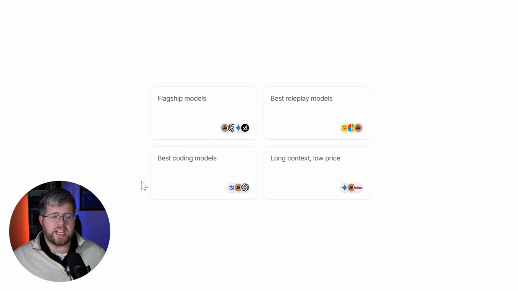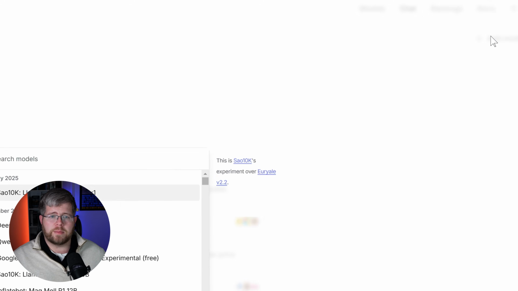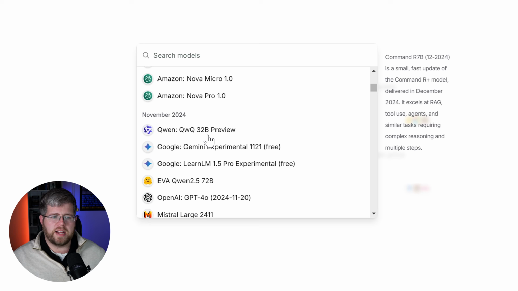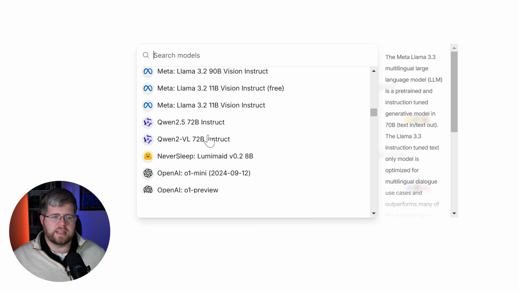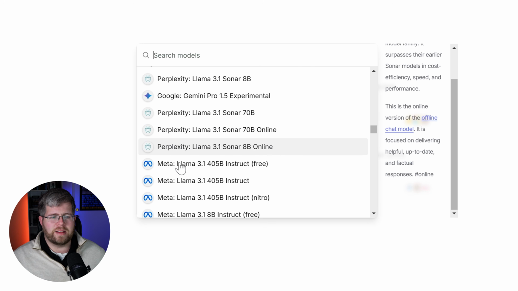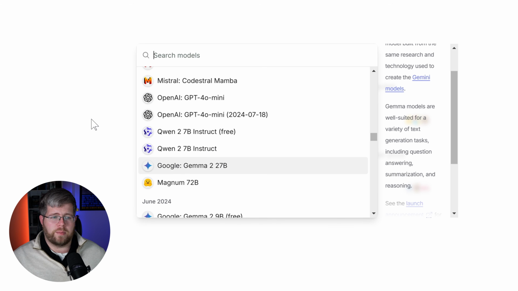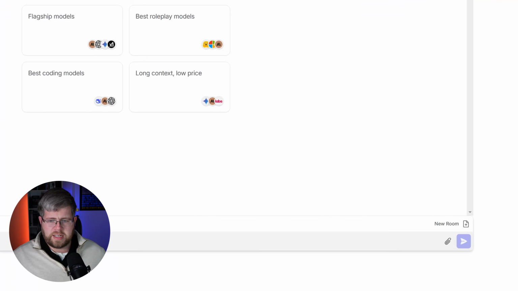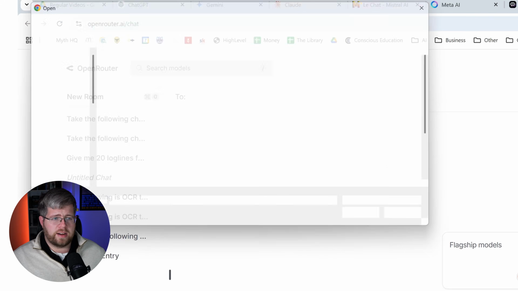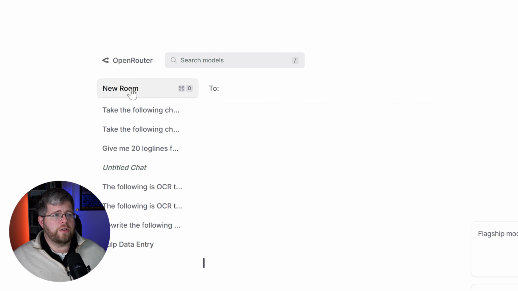Here inside of the chat interface, I can come over here and say add a model. And as you can see, we've got tons and tons of different models available to us, and we can use any of them. And this is even more models for each ecosystem. So I can go back to much older versions of Claude or GPT that I can't do inside of ChatGPT or Claude Pro. Additionally, you can add files here if you need to, and you can create a new room here,